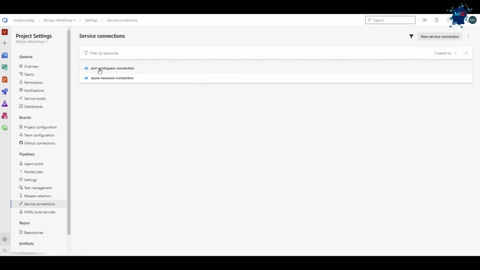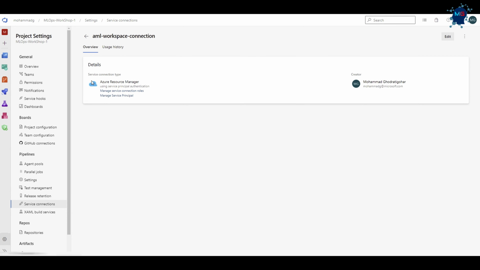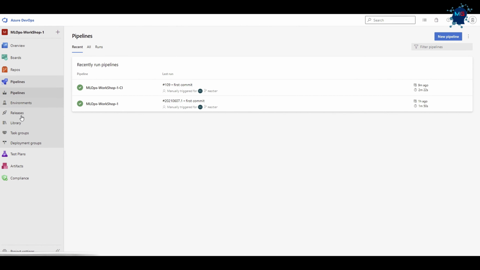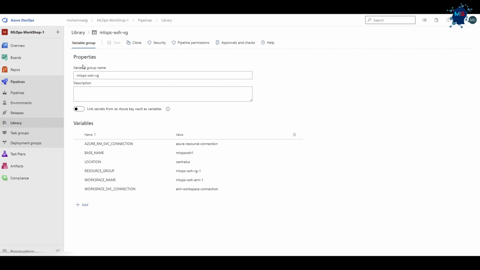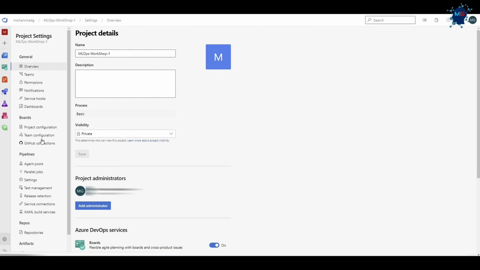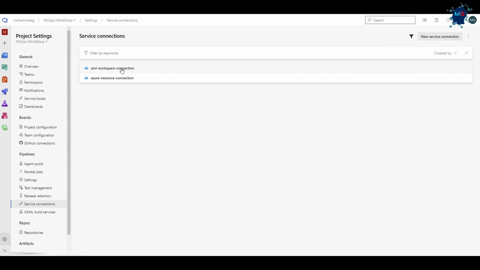And remember, this name AML Workspace connection should be familiar to you. Inside pipeline, library, in the variable group, remember we did this in the initial videos. And this is the name that we define for connecting to our workspace. And that's why we define it here. So when we have a pipeline and our pipeline needs to connect to Azure Machine Learning, we're gonna tell it that this is the connection you need to use through that variable we're defining. And what is that connection name? Well, we have already defined it here. That's already inside the service connection, the same name. Awesome. So now we are ready to